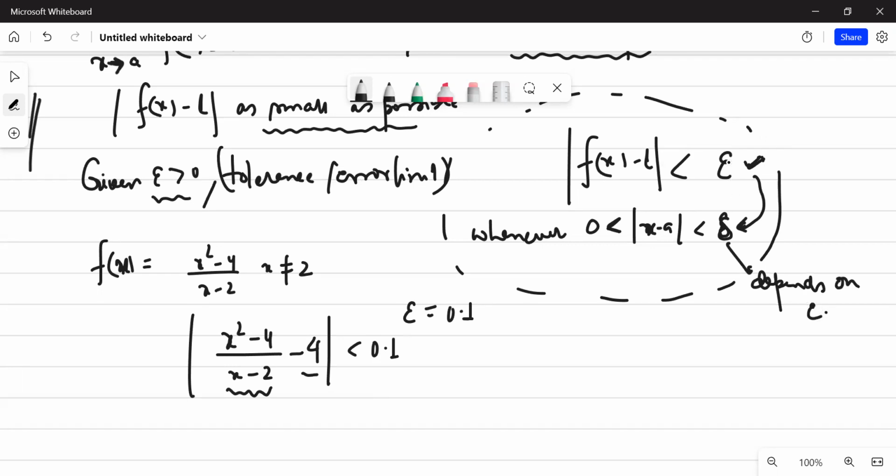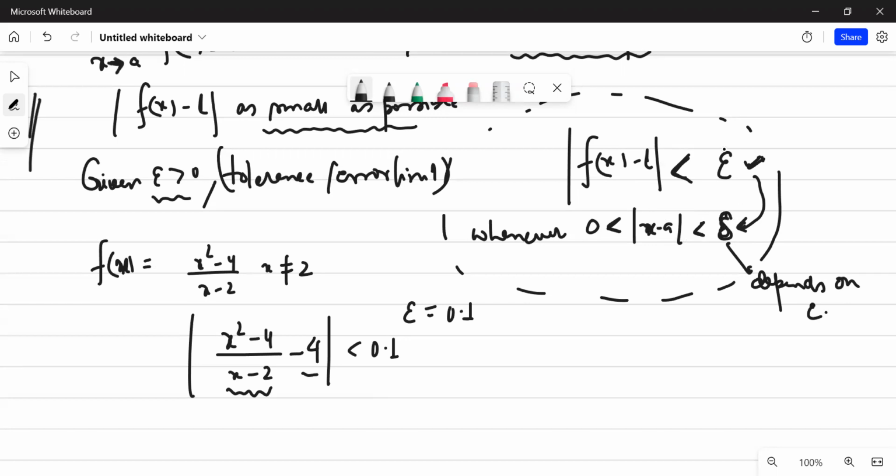अगर ऐसा कर पा रहा हूं, इसका मतलब तुम जितना छोटे से छोटा एप्सिलॉन लेना चाहो, उसके कॉरस्पॉन्डिंग उतना छोटा डेल ले लिया, डेल आ जाए। और डेल क्या है बेटा? एक्स और ए की डिस्टेंस है। तो कहने का तात्पर्य ये हुआ कि एफ एक्स और एल का डिस्टेंस जितना छोटे से छोटा लेना चाहे उतना छोटे से छोटा ले सकते हैं। कब? whenever x माइनस ए का डिस्टेंस जितना छोटे से छोटा होना चाहिए उतने छोटे से छोटा हो जाए।